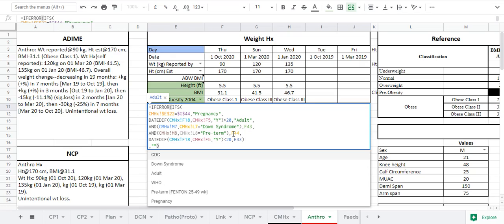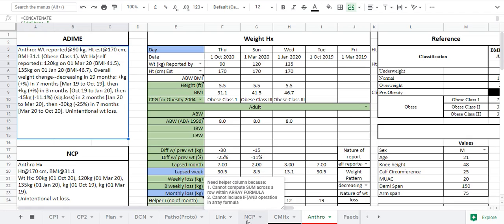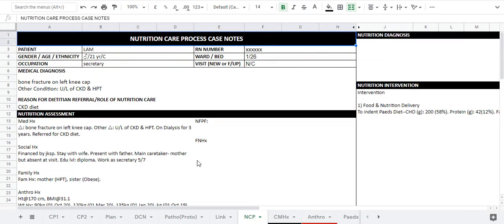And if there is any future research that finds more values, of course this Google spreadsheet is not going to have it, because you actually have to manually key into this Google spreadsheet. So it has a problem of not being able to evaluate a pregnancy case and limited data on the pediatric cases, and some issues with constructing sentences and decimal places, which can actually be resolved later on in the NCP tab. You can refer to the NCP documentation